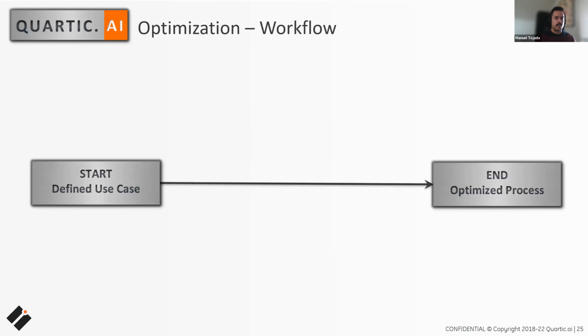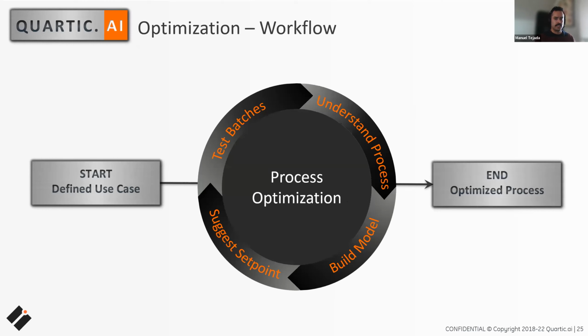So as mentioned, I want to start by walking you through the workflow that we follow to execute one of these optimizations. We need to go from your idea of a use case on the left to an optimized process on the right. And to get there, we're going to use an optimization workflow. We'll start with a series of discussions with the process experts. Through these, we intend to understand the process and available data, as well as define the objective and constraints. Next, we will work with our data science team to formulate all of that into an optimization problem and deploy a user interface for process experts to get set point recommendations.